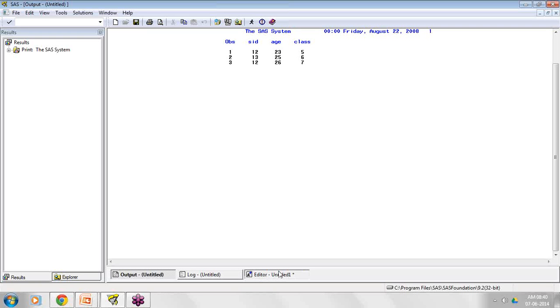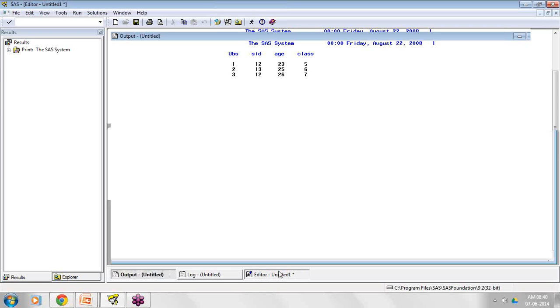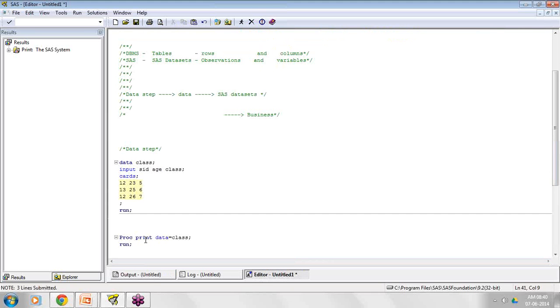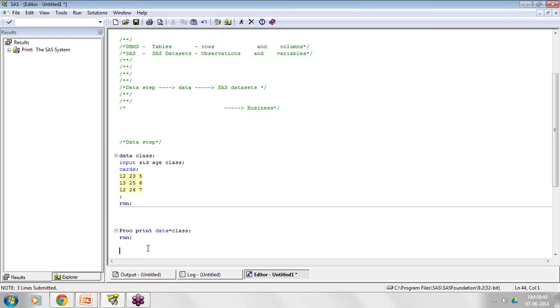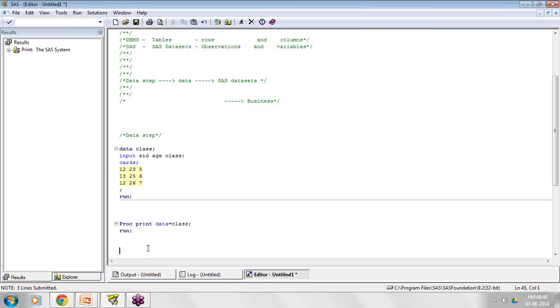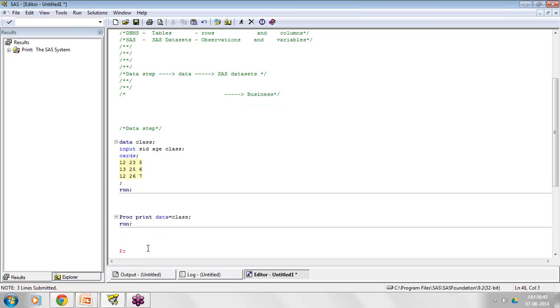So here I have created a SAS data set, and then I start performing my desired operations. This is a simple proc print kind of activity. Now I'm going to show you a basic statistical procedure like mean.